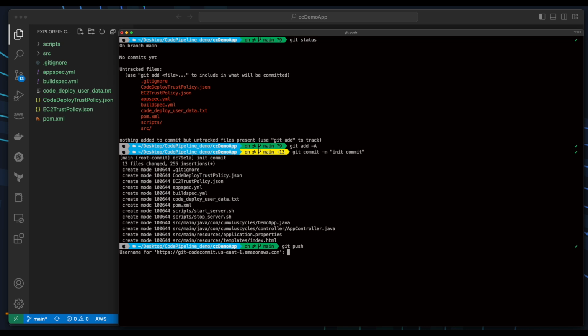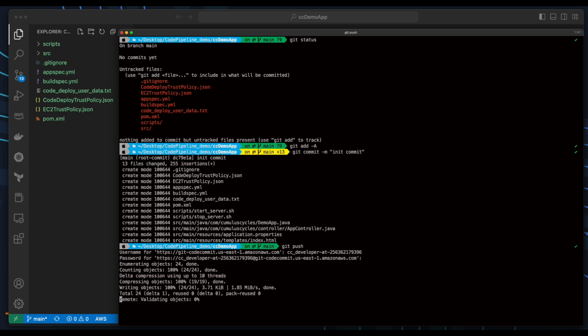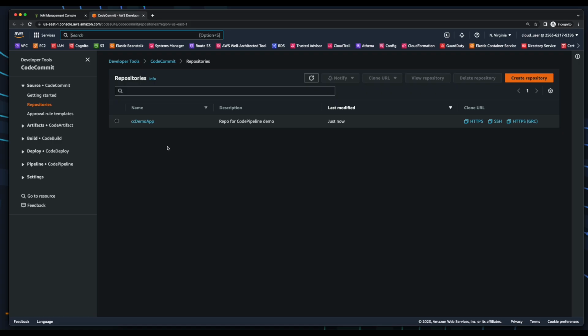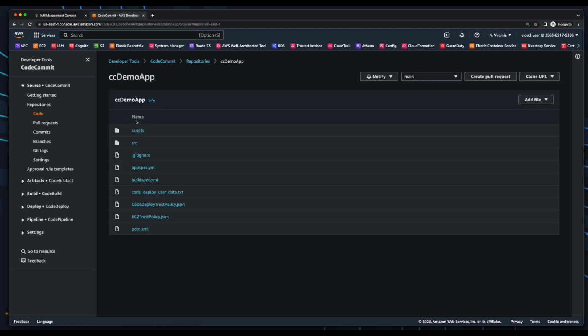Now I'll copy my code commit username and password. Then if we jump into the code commit console and go into our repo, we see our code has been pushed. All right, with the code sitting in the remote repo, we can move on and provision the infrastructure we'll need